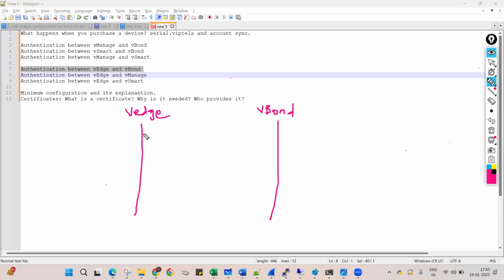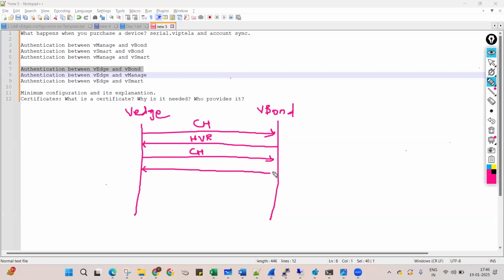So vEdge will send a client hello request. vBond will share a hello verify request to initiate the connection. It will again send a client hello request, to which the server will share server hello done,